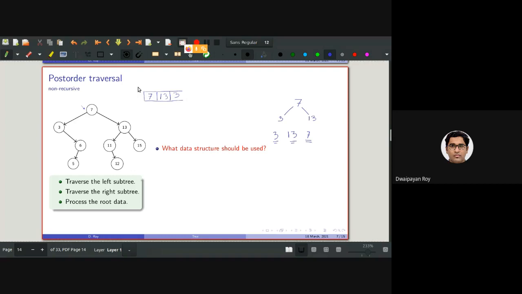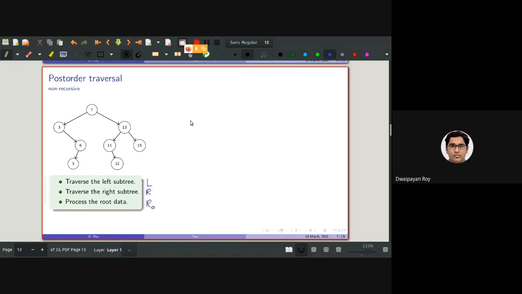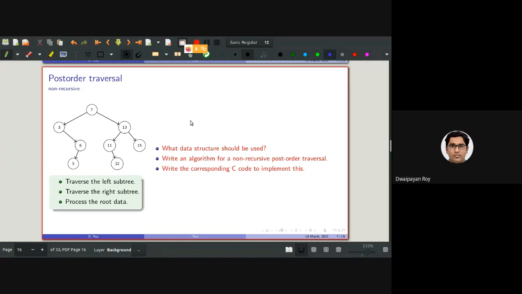Again, if you face any difficulty, first try to write the corresponding algorithm like the one that I am writing here, and later on try to write the corresponding code to implement this algorithm.